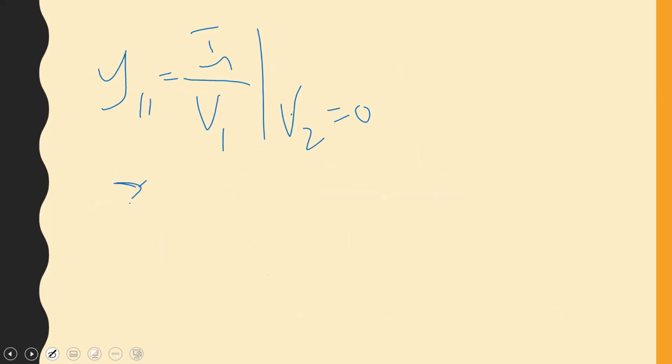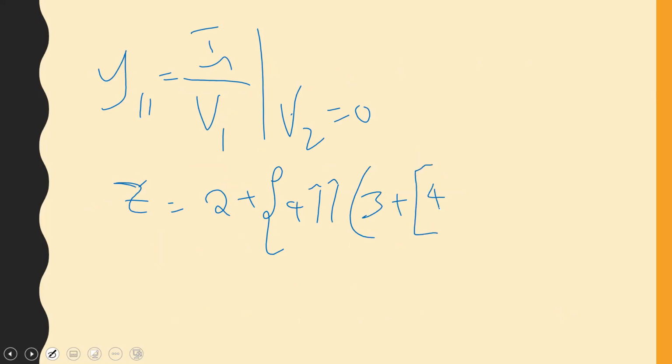So the impedance looking in, 2 in series with 4, which is in parallel with 3, which is in series, 4 in parallel with 2. I hope that is how it is. It is. Whatever this is equal to,